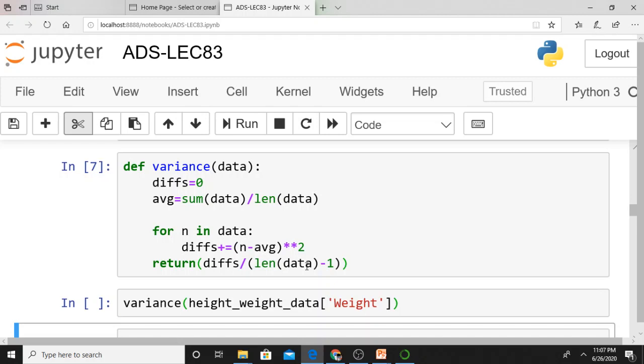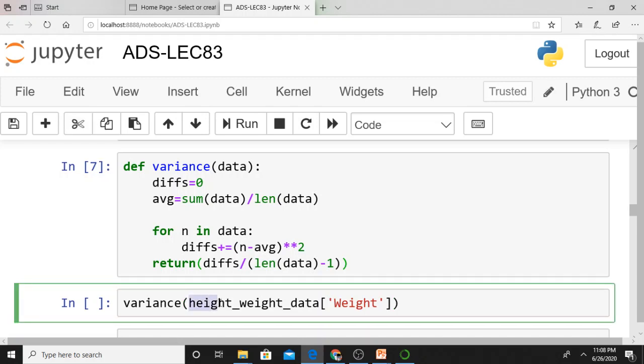Once we have this function definition, we can invoke it on our height column and also on weight column. This particular data set we were discussing for the past few classes. This is the data set, height_weight_data, which we downloaded from the Kaggle database, isn't it?